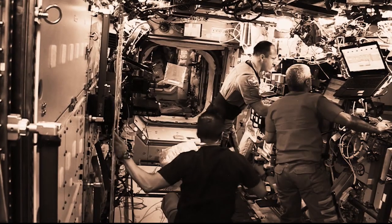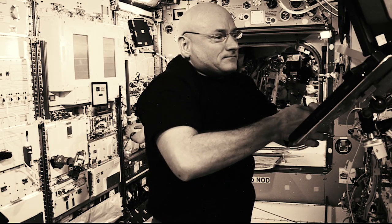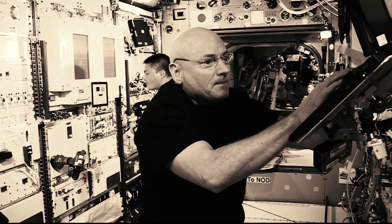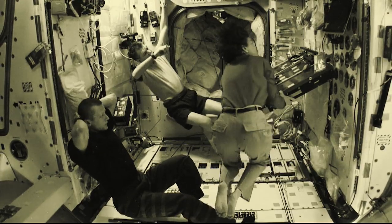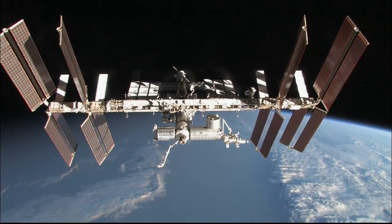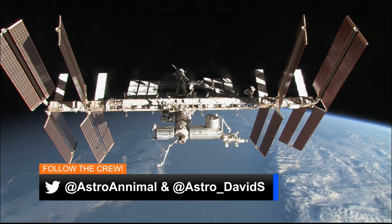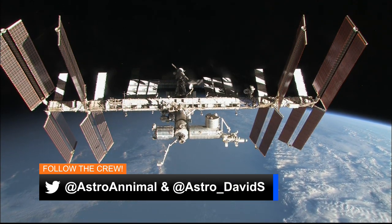In fact, the World Wide Web extends beyond the world and into space as well. Astronauts have access to what we call CrewNet, internet available on tablets aboard the International Space Station. Crew members are able to send emails, and many even have social media accounts. You can follow NASA astronaut Anne McLean on Twitter at AstroAnimal and Canadian Space Agency astronaut David St. Jacques at